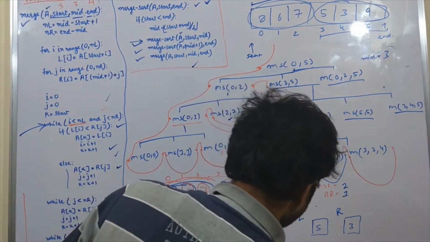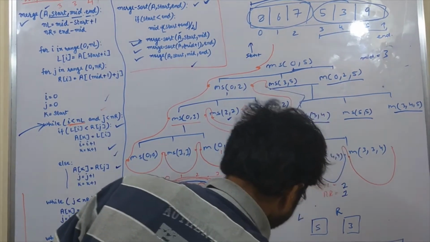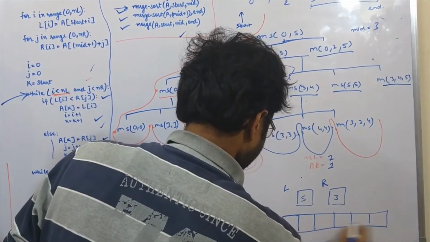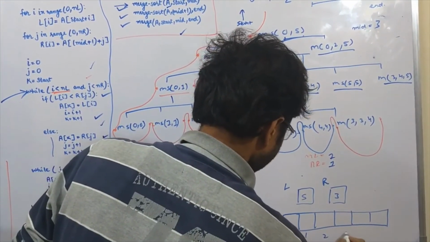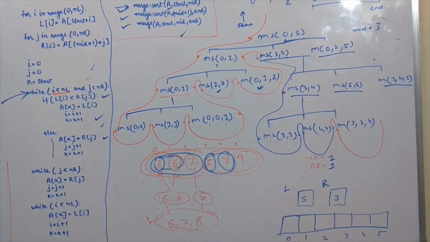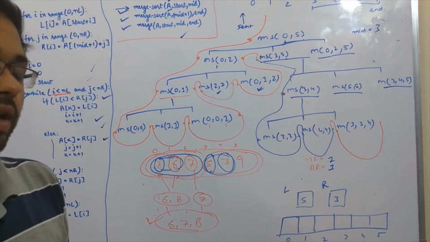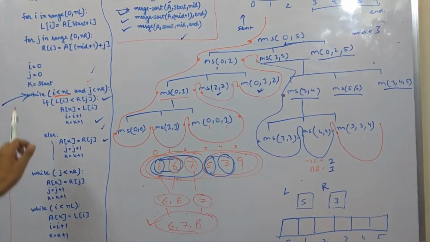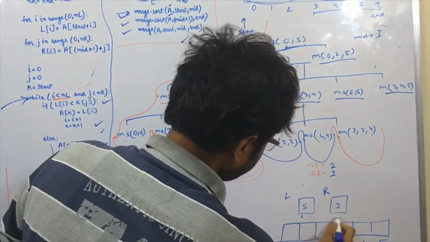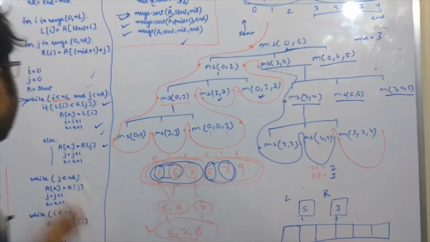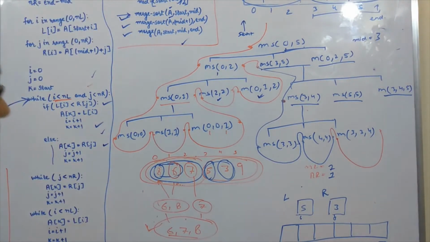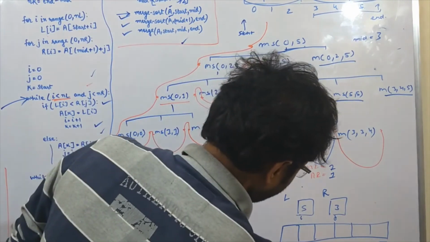Now the important point that I want to show you is 0, 1, 2, 3, 4, 5. It is already filled. I am not at all worried about what elements are there in the array, because in the end it will get sorted. The point is that the I value is 0 and the J value is 0; I is initialized here, J is initialized here. What is the value of K? K is initialized to start, or 3. Now what is the K value?